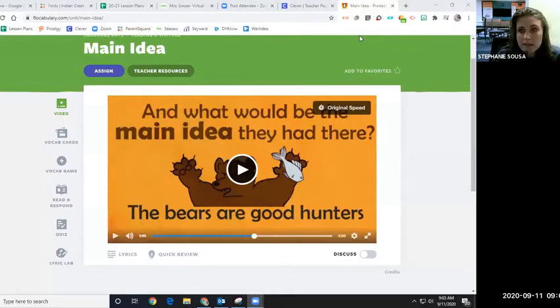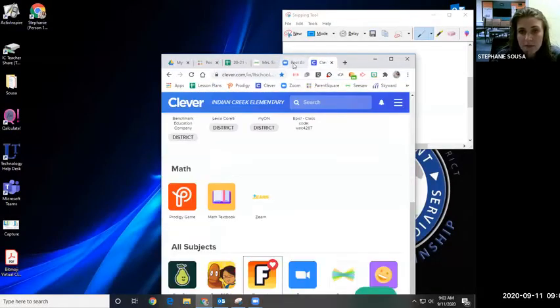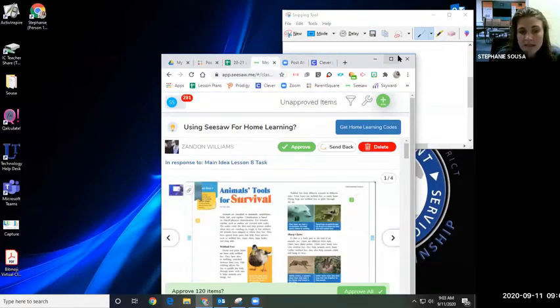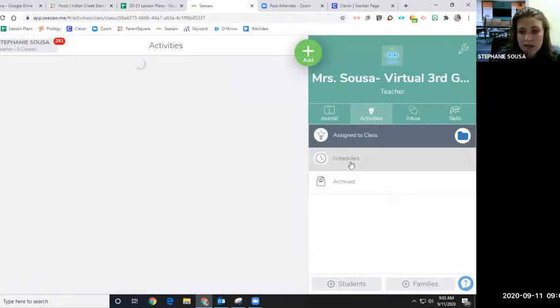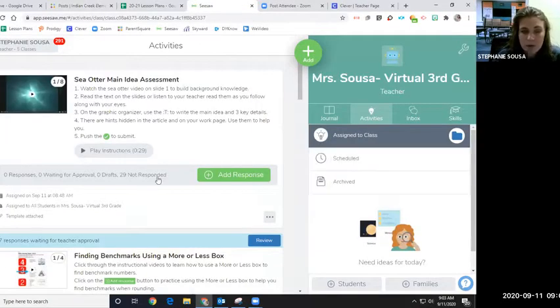All right. Your assignment today is going to be independent. We've had practice time with the group. We've had practice time with your teacher. We've had practice time with feedback. So now it is time for you to show what you know, okay? You are going to work with sea otters. Oh, they're so cute. The sea otters are going to be the subject of your article. They are not the main idea. You have to be more specific about it, but I can tell you it is about sea otters.